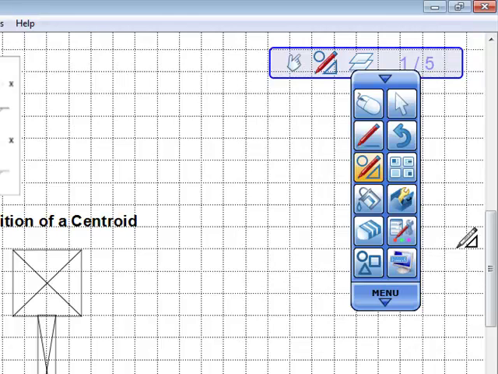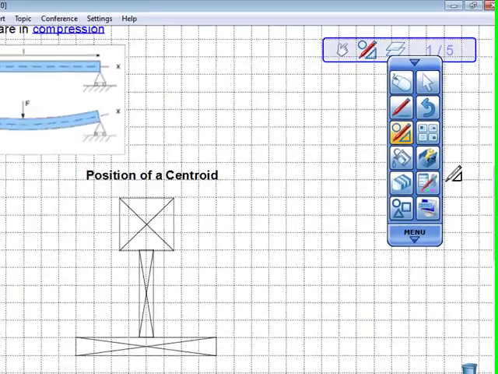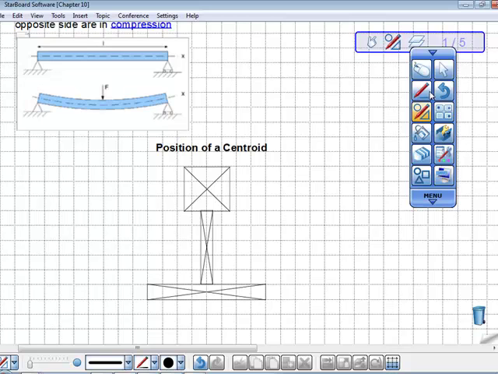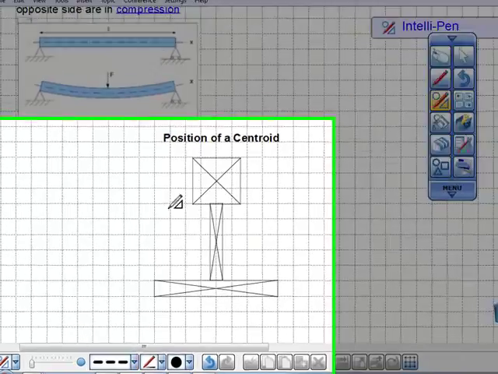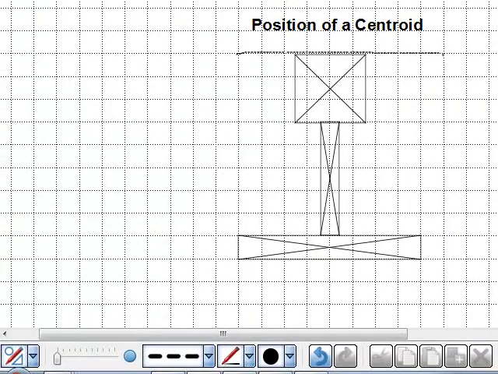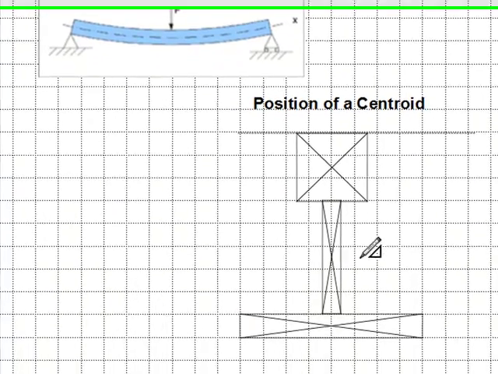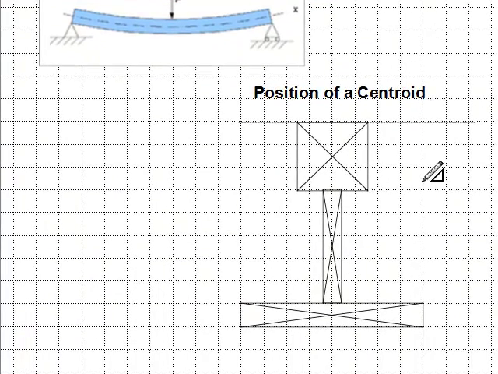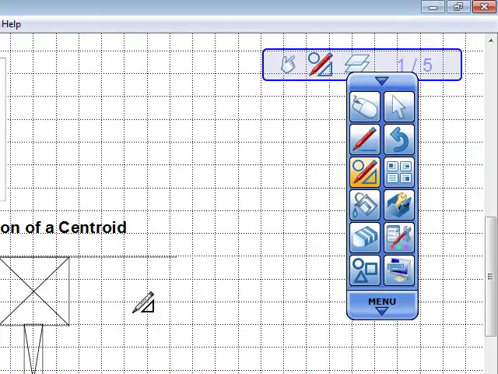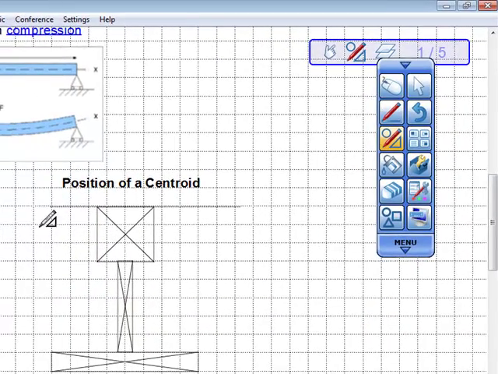reference plane. In this case, we're going to use the top. So my reference plane will be along here. Now then I need to find the centroid of each of these shapes and how far it is from this reference plane. So if you consider each area as a force, their combined moment about the reference plane is how you figure this out. So we have this one, which is